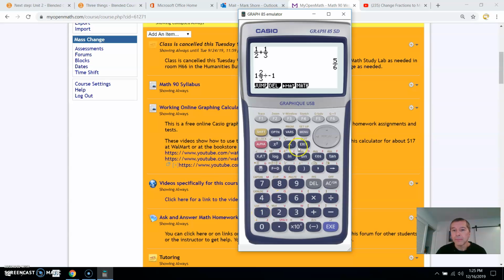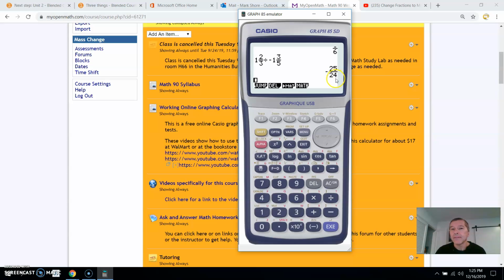We'll divide it by negative 1. Oops, got to do that formatting. So here, let's delete this a little bit. Now let's put in this symbol right here for the mixed number. So shift this. See, I did shift the fraction key. So now I have a format to type in a mixed number. So let's type in our negative number, like -1, arrow over, and let's say, how about 3/5? So this is 1 2/3 divided by -1 3/5. Let's hit execute, and I get